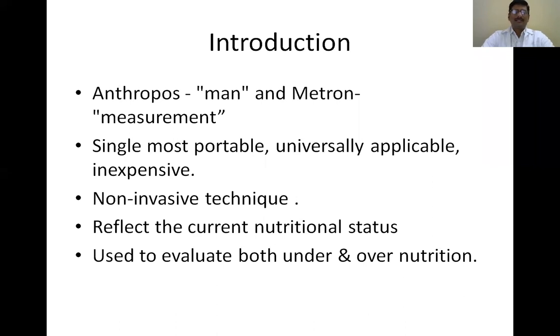It reflects the current nutritional status, and it is used to evaluate both undernutrition and overnutrition. Whether a particular child is undernourished or overnourished can be assessed by a simple non-invasive technique, which is easily portable, universally applicable and inexpensive. This is the importance of anthropometric measurements, and how it is done in analysis or studies